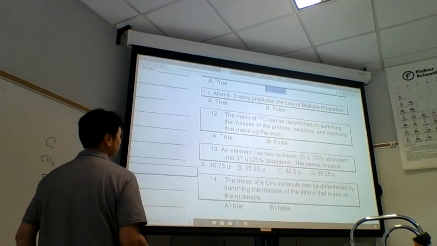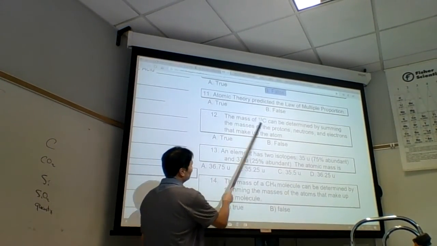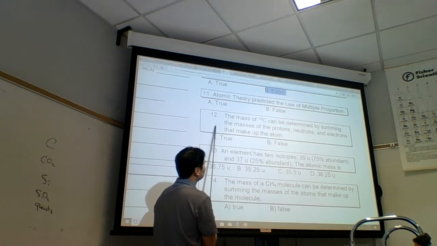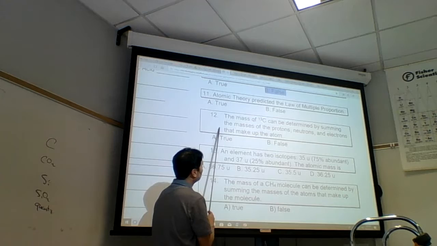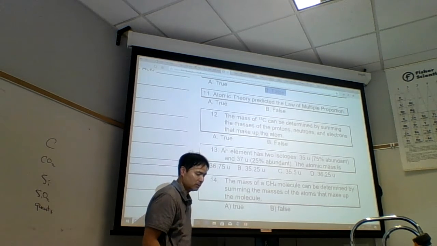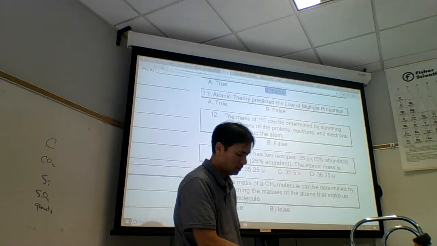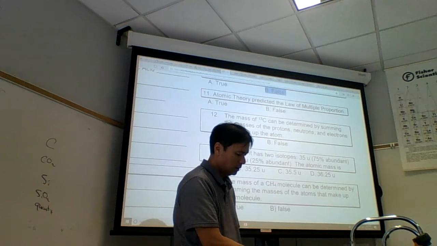Going to be a time here. The mass of carbon-13 can be determined by summing the mass. I didn't talk about this. You know, this is different. This test is different than your test is going to be. Your test is going to